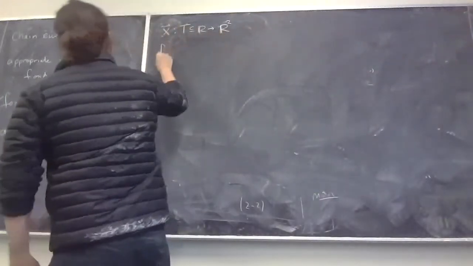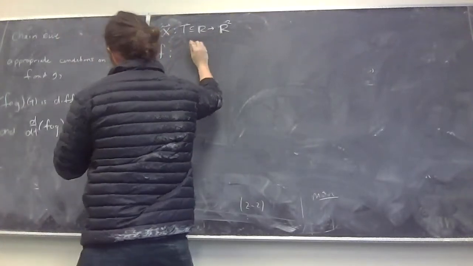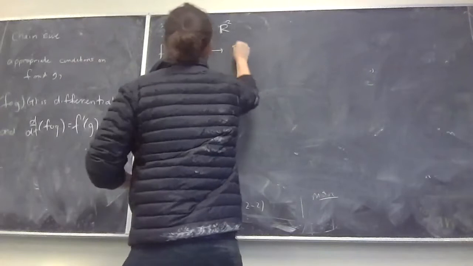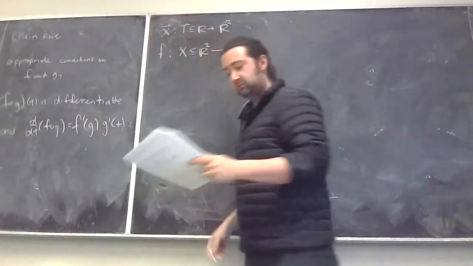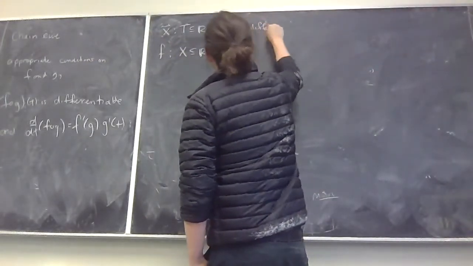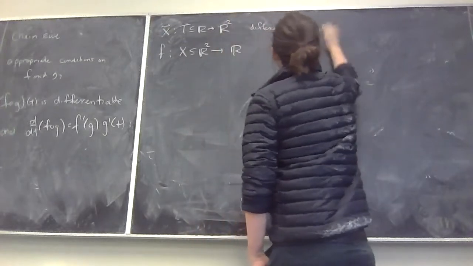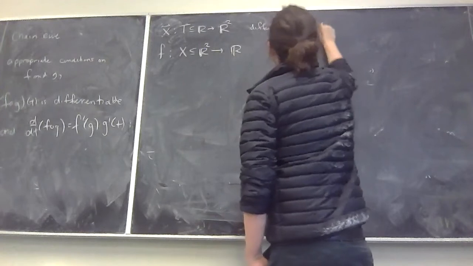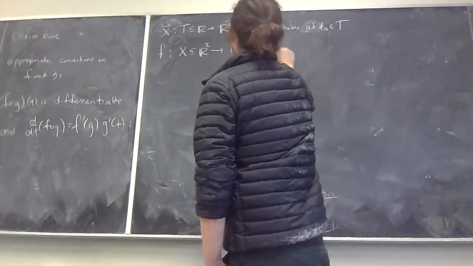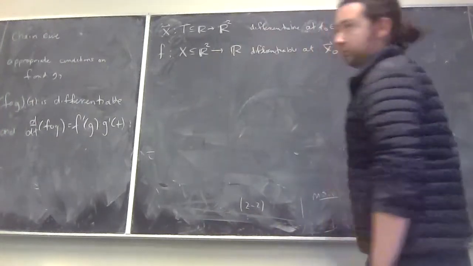And let's let f be scalar valued. F can be a function that takes a domain X in R2 into, say, R. Fine. Nothing wrong with that. And let's suppose that x is differentiable at a point T naught in T. And let's suppose that f is differentiable at a point X naught. So by saying X,